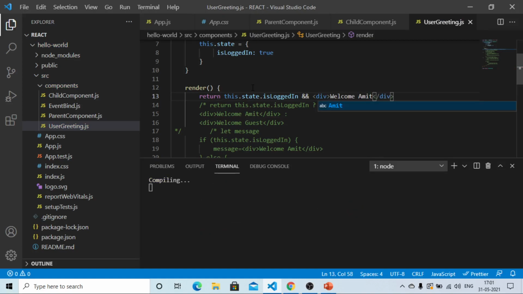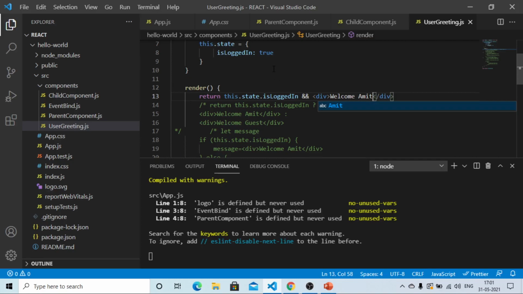Save this file, and as we can see, the value of the state property isLoggedIn is set to true here. So first of all, the value of isLoggedIn will be evaluated. If it is true, then the control goes to the second operand and that is also evaluated. So here the value of the isLoggedIn property is true, so the message welcome Amit should be rendered in the browser.